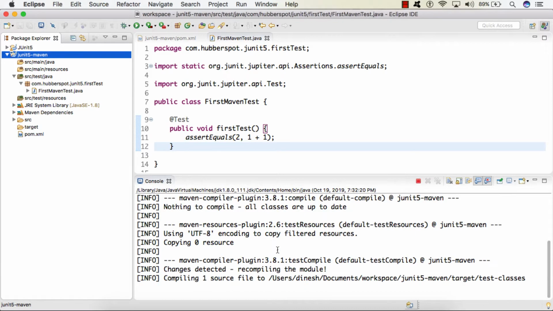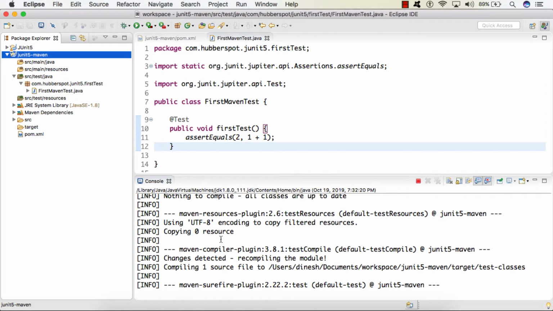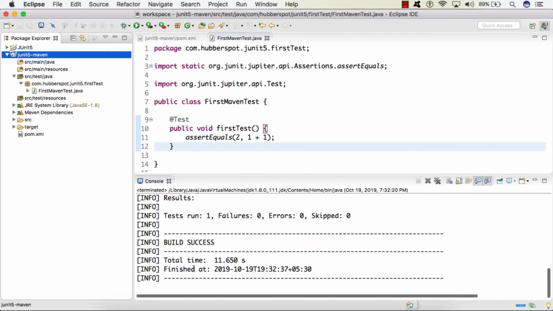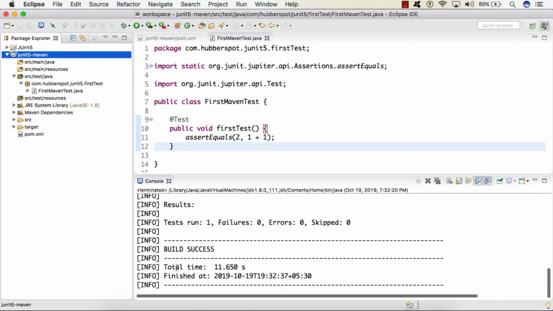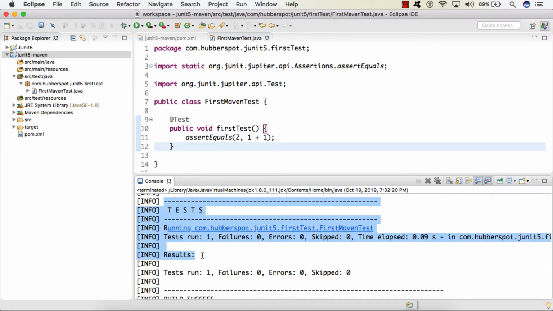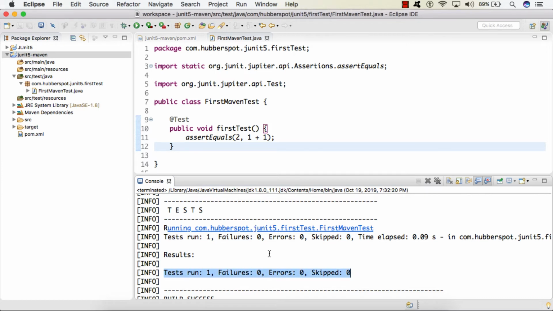Here you can see that the Maven test command is getting executed, and it shows build success. Here it shows about the tests. It says that it ran the FirstMavenTest class and the tests executed was 1 without any failures or errors. It also shows the result that one test case got executed successfully.